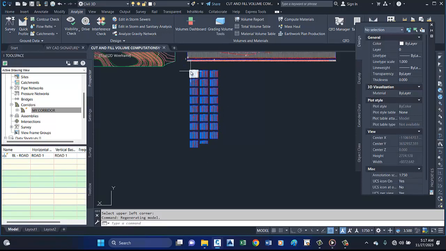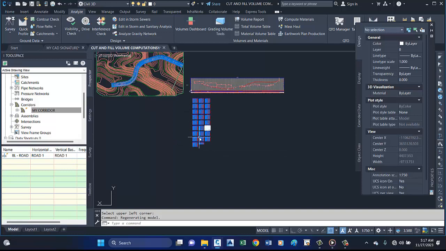So table 1, 2, 3, 4, 5, 6, 7, 8, 9, 10, 11, 12, 13, 14, 15, 16, 17, 18, 19, 20, 21, 22, 23, 24, 25, 26 tables, and there are lots of